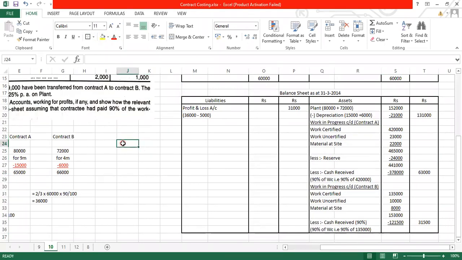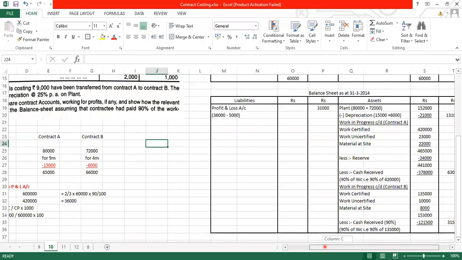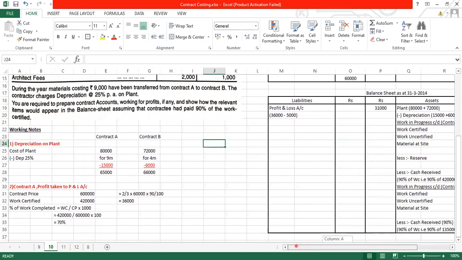So this is how the sum has been done when they are asking us for the many contracts as well as with the balance sheet. Obviously liability side में और कुछ भी नहीं आएगा. अब सिर्फ profit and loss के अलावा nothing will come. You need to show the working notes because they have clearly told us that working notes for the profit is required. So wherever require the profit, this working notes are required, you need to do the working notes.